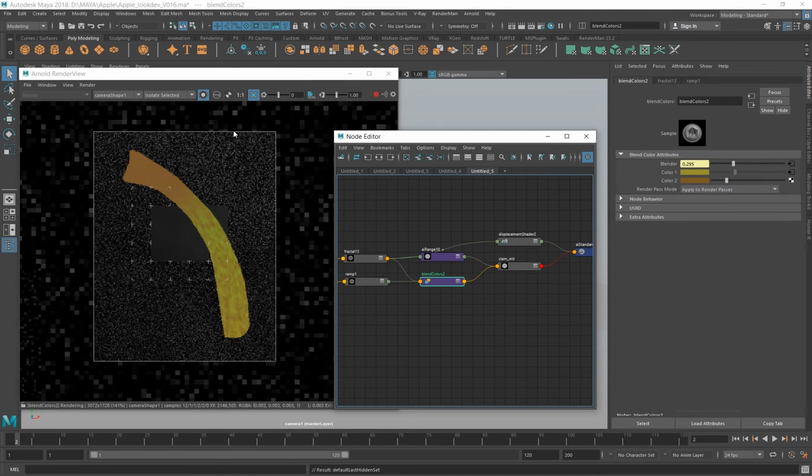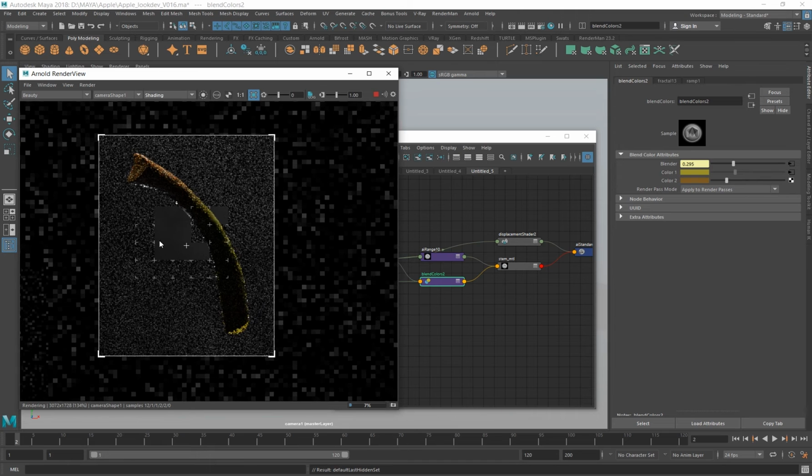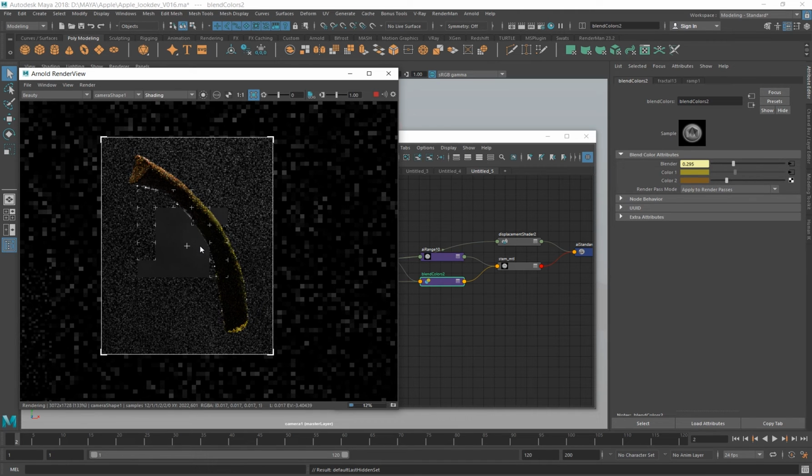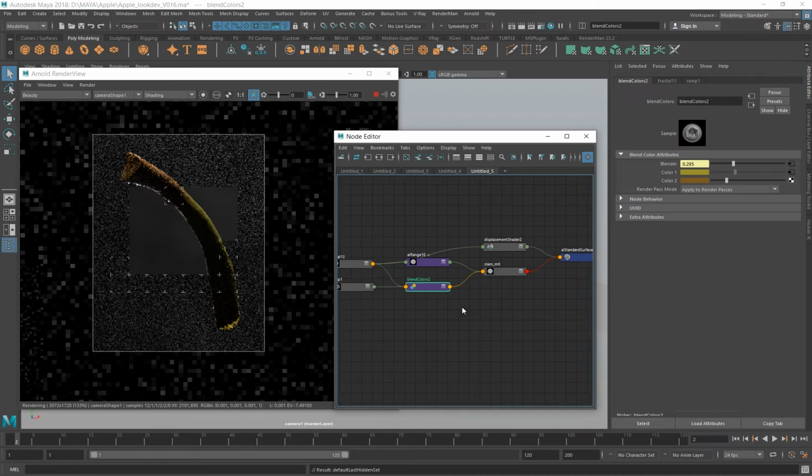Since most of the stem is in shadow and only a little bit is visible in lighting, and in the final output it will be mostly out of focus, this much detail was enough for me.